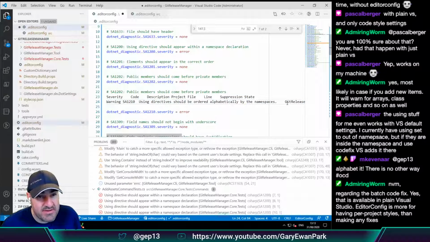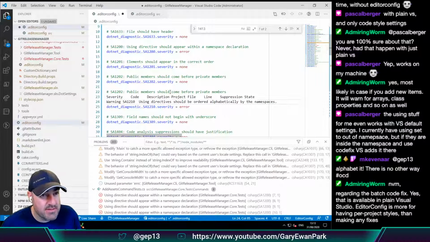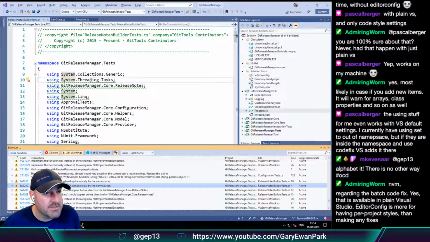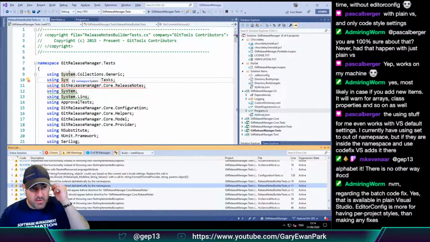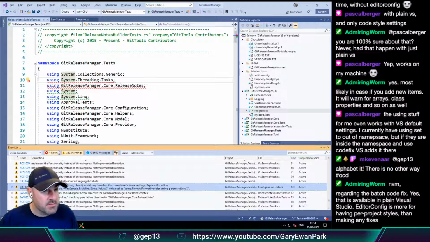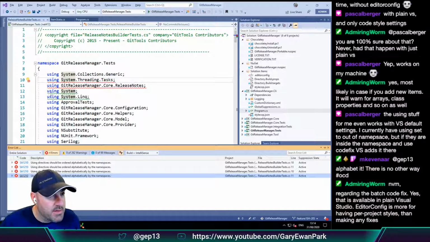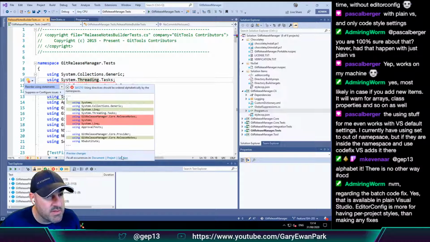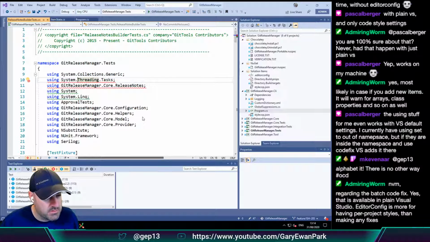Go here, delete that, go up to here, and say this, and then this is going to be 1210. And we need to lose that at the end there. So that should give us some more errors. And then if we click on this and we say reorder using statements, then we can do that in the solution as well.